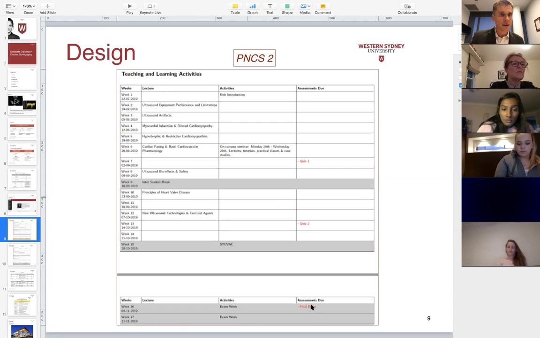And then finally, the Principles of Cardiac Sonography 2. The format is the same. Obviously, the content is different. Okay. Look at the learning guide for a better understanding of what